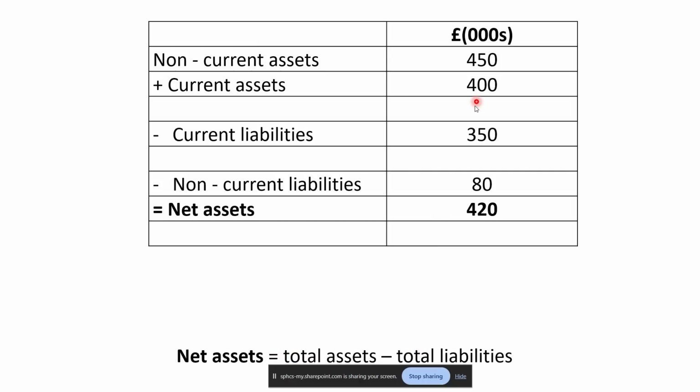The other thing, okay, this hasn't been quizzed very often on AQA, hasn't been assessed. You haven't needed to know this before, but current assets is cash I'm going to get in this year. Current liabilities is cash I owe this year. So you always want your current assets to be higher than your current liabilities. What this shows is I should have enough cash to get through the next